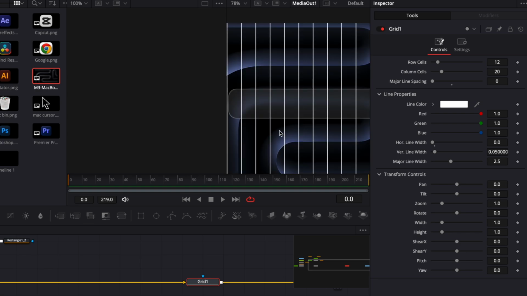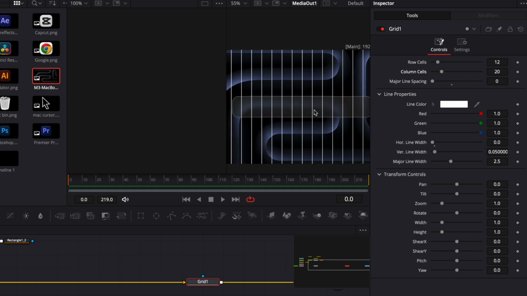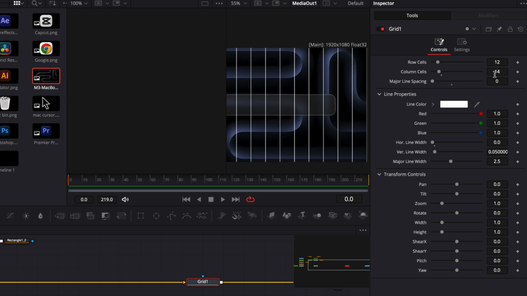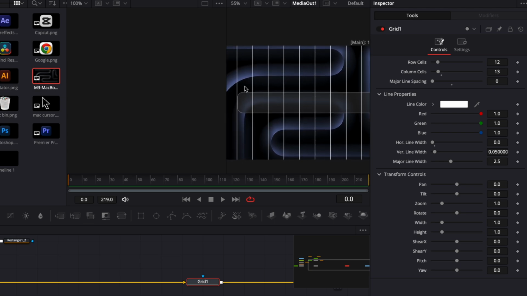Because we have 9 icons, we will make it so we have 9 spaces over here, and then I will drag the column cells down till we have 9 spaces where we can put our logos. So I'll drag this one down one more time, and now it should be matching. So let's try again. 1, 2, 3, 4, 5, 6, 7, 8, 9.